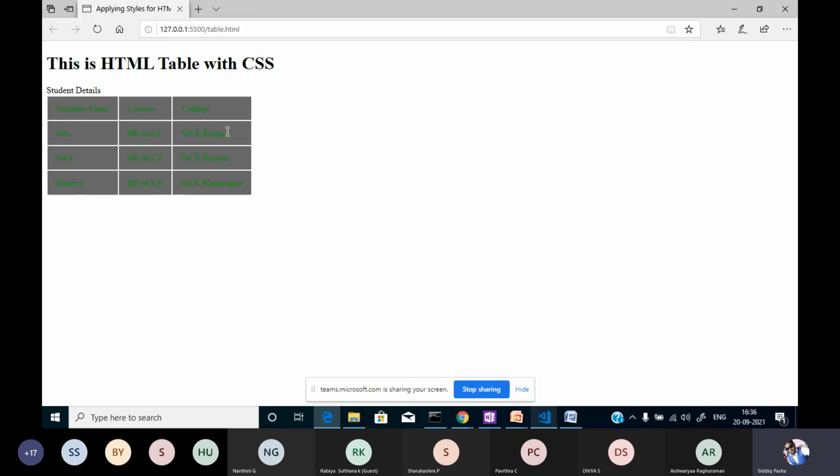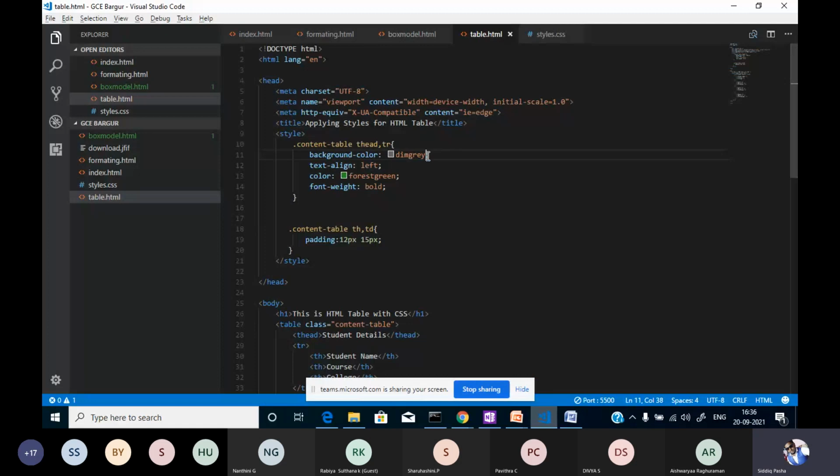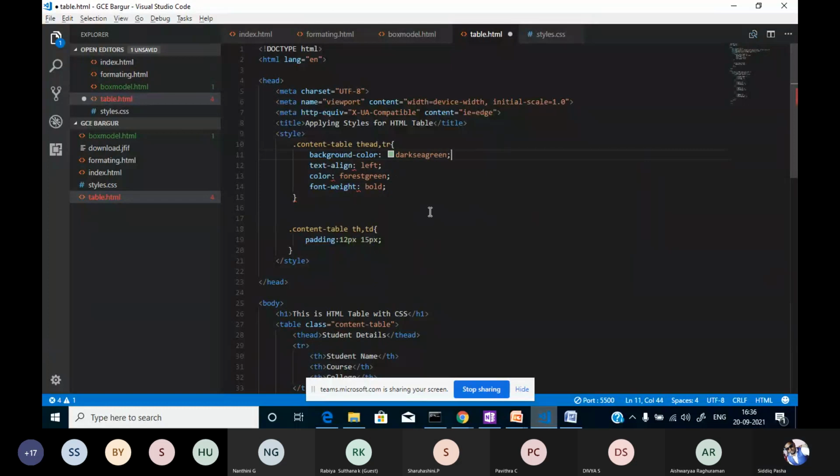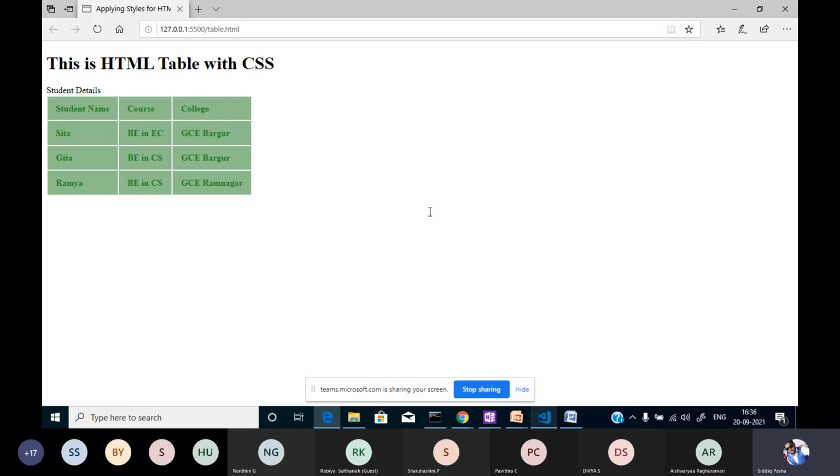Actually, this does not look good, so I'll change this background color. Use any. So I'm specifying how we can apply background colors. So now see how it looks.